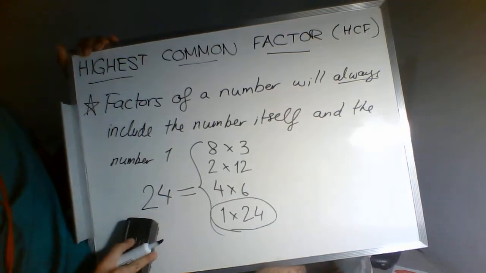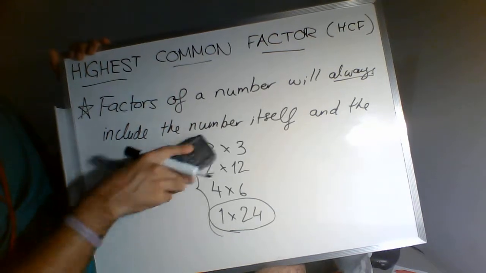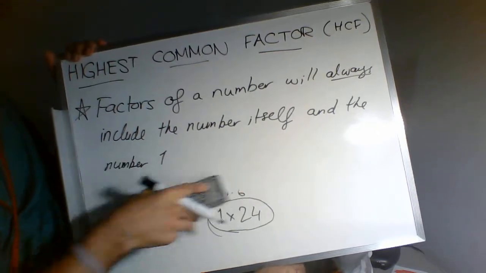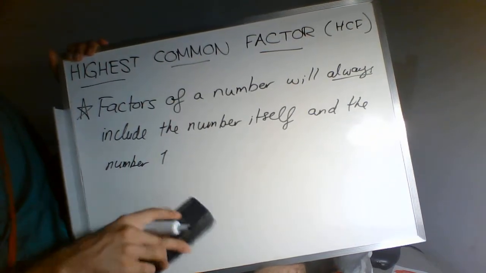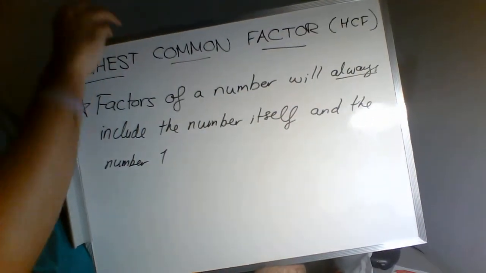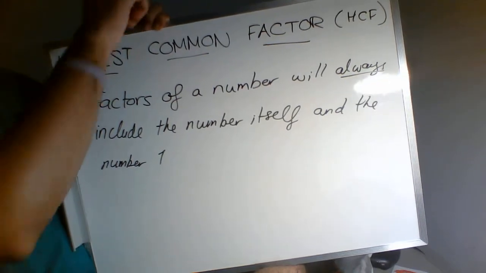So that's an important thing to remember when you're dealing with factors: sometimes people will forget to include the number itself. And sometimes people won't find any common factors, and that means that the largest common factor, or the only common factor, would be the number 1, but they just forgot about it. So the difference